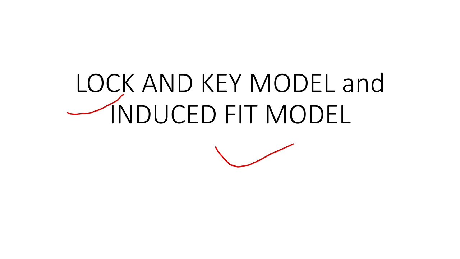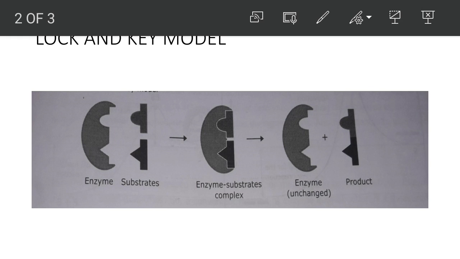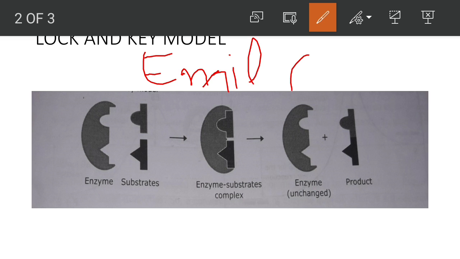So first of all, let's look at the lock and key model. In this picture you can see how this model operates, and first we should know who proposed this model. Emil Fischer, in 1894, proposed this lock and key model,